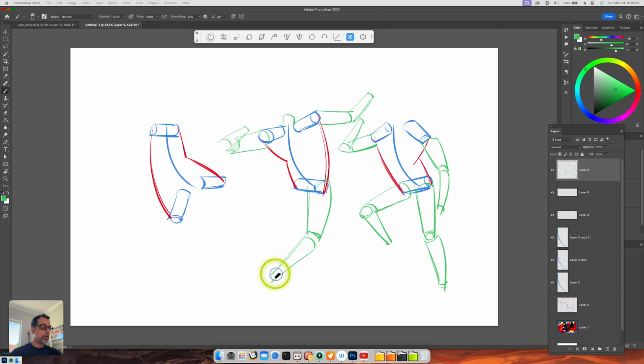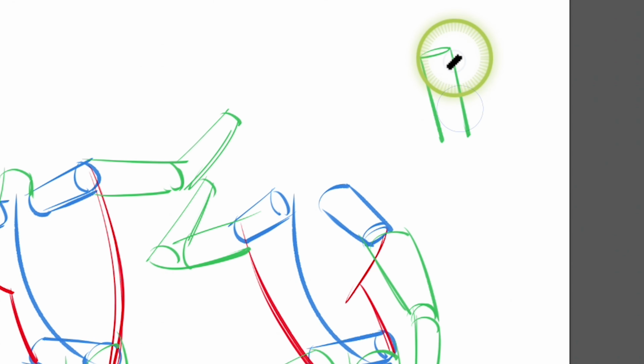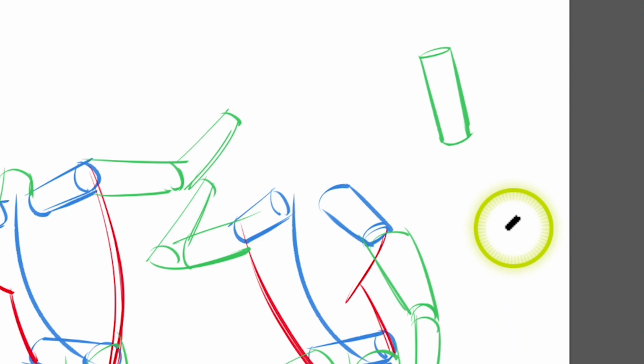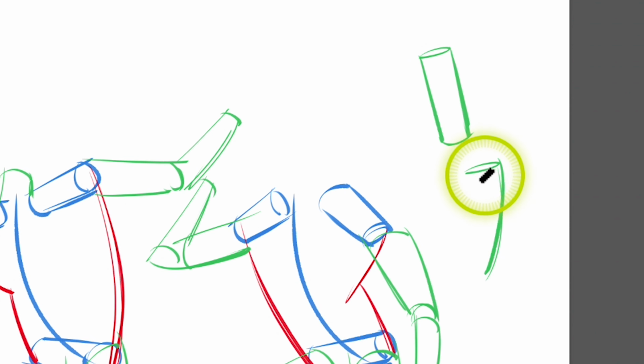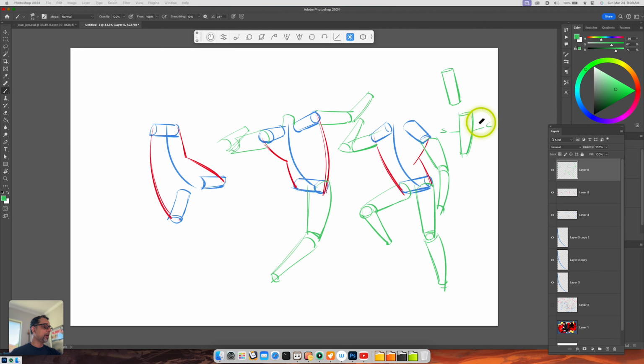The other thing that I'm doing with these cylinders is you'll notice that there's a subtle thing here where instead of me just drawing two straight cylindrical lines, I'm actually making one side more curved. And we call this curved against straights. And that's something that you'll see in a lot of animation books, this idea of having a curved line juxtaposed against a straight line to make your drawing even more dynamic. So I'll actually move this cylinder here. You can see there's a curved straight,